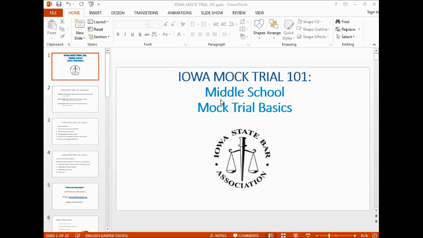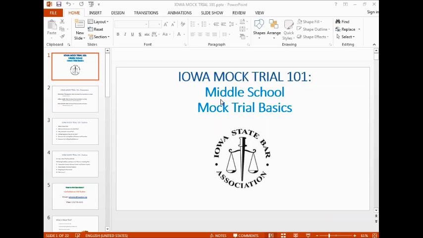So if I have experience with the kids, then I generally like to assign the parts because I think at the end of the day, it is helpful to the kids to not be totally accountable to each other for which parts they do, because that's a great way for feelings to get hurt, for kids to develop chips on their shoulder against their teammates, which is never something that you want.